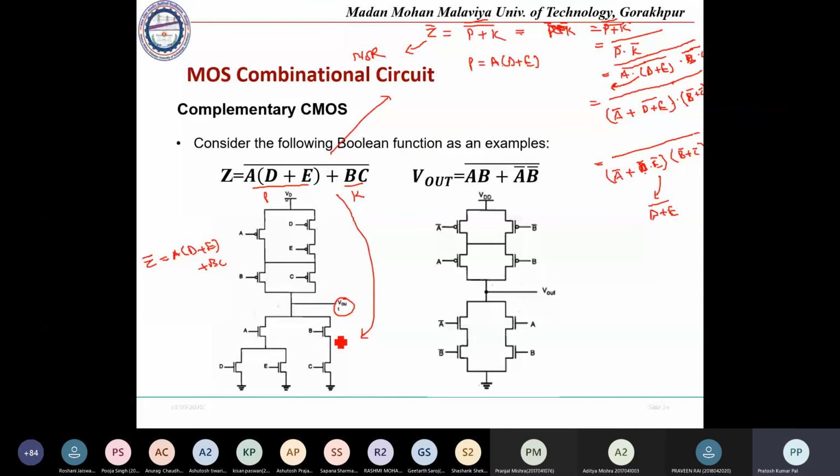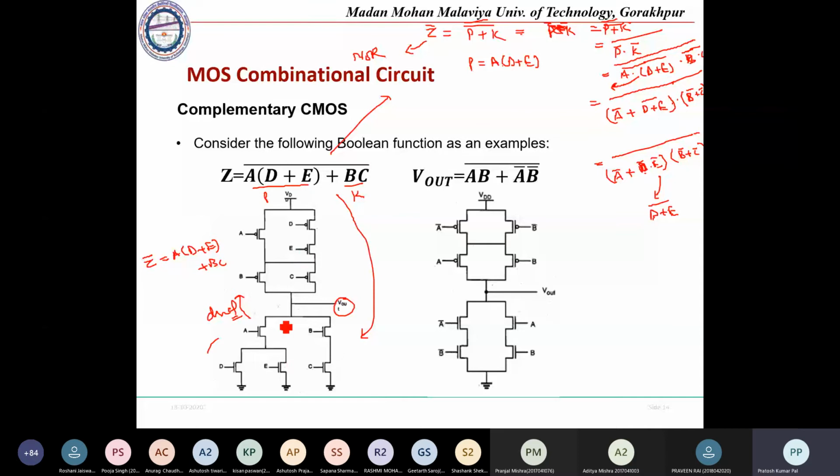So once we have implemented this one, we take the complement, or we call it a dual form. So the dual form will be the PMOS implementation. Okay, so the PMOS implementation will be a dual. So if this part we are considering is one complete section, and this is another section in parallel, the same will be opposite here. So like it is in parallel, it will be in series in case of the PMOS implementation.